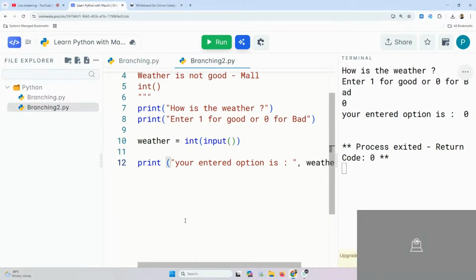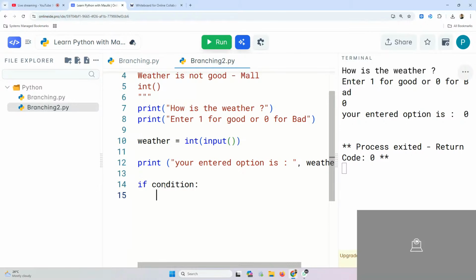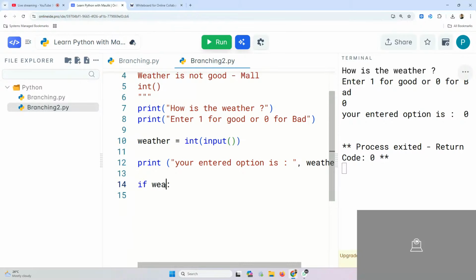So now I have the data. Now, based on the weather condition, I have to either go to the mall or the beach. How to do this? I will use the if condition. What is the condition? Weather. How do I know weather is good? If weather equal to one. I will say if weather equal to one, then